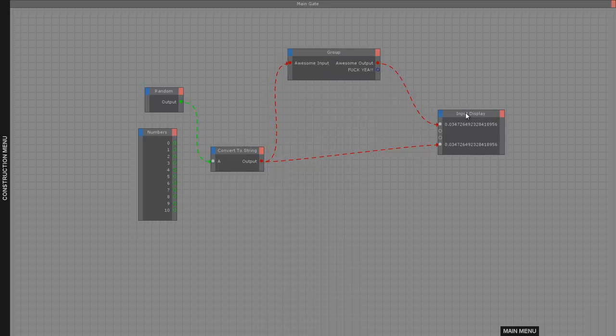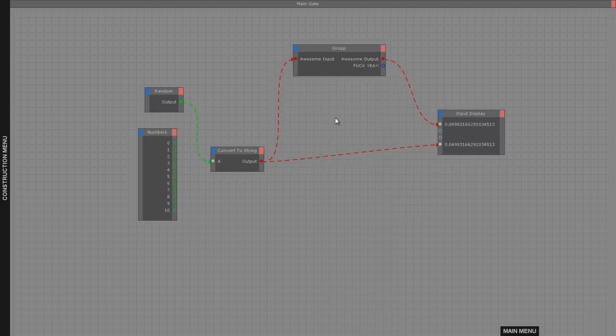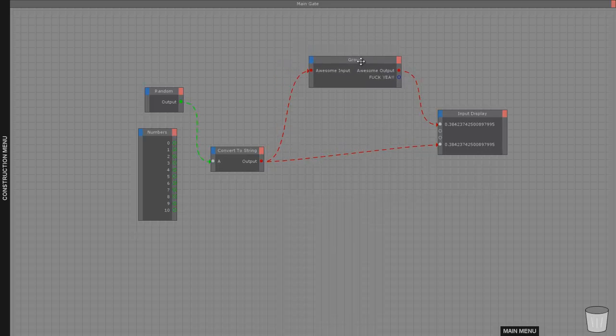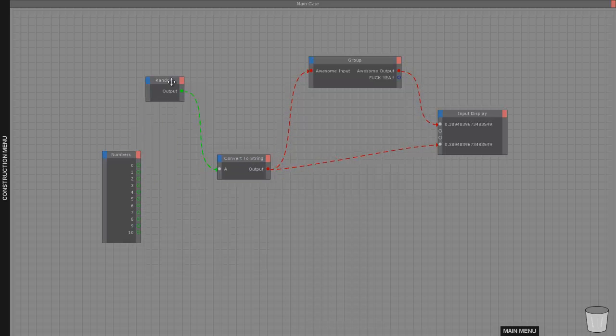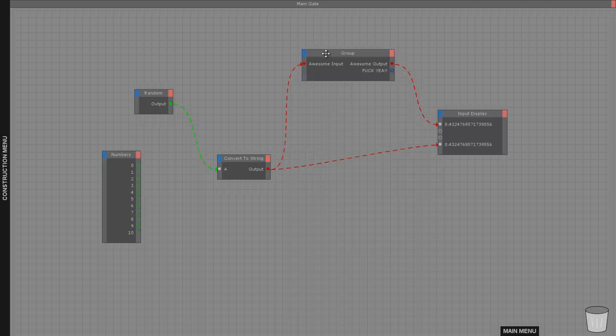So you can compare them to programming, where you have a class, and that's a group. The class has some methods, and the methods are of course inputs and outputs. So right here, we have a random value. We just convert it to a string because this group up here has an awesome input that is a string, so it can only take that. And then you can see the string. We also display it over in the input display,